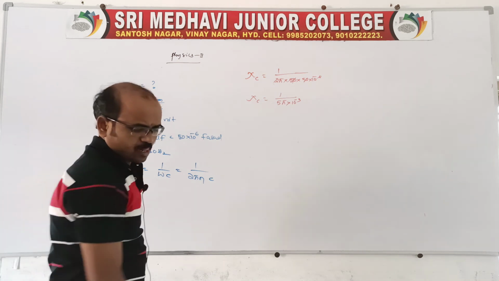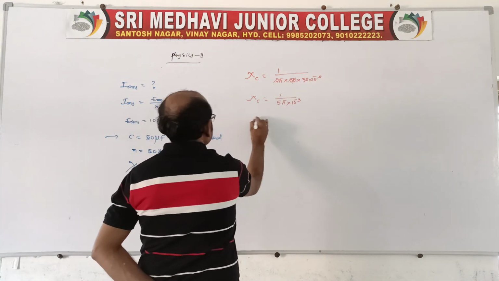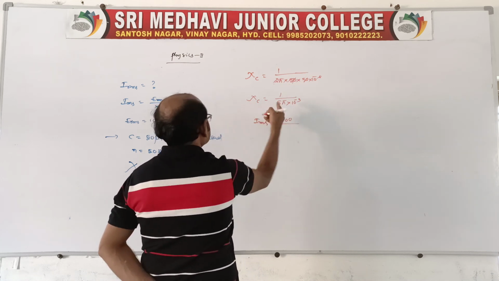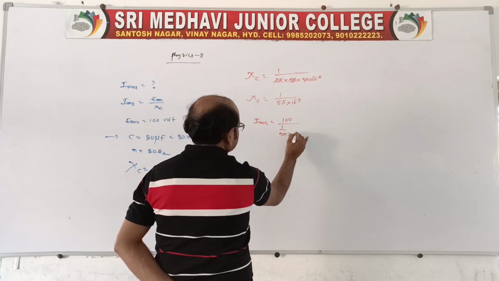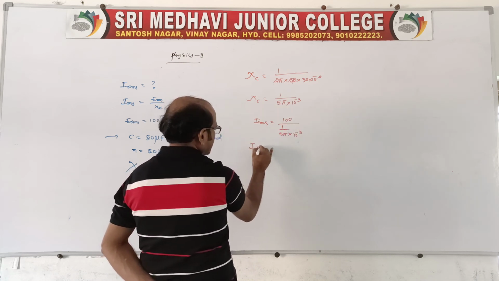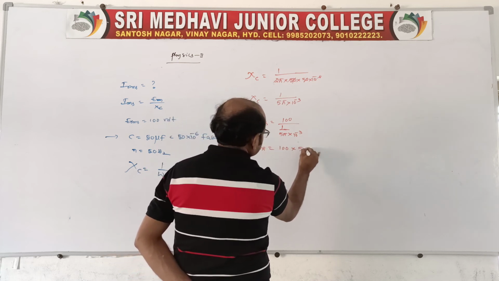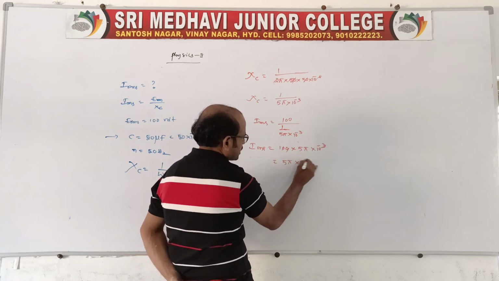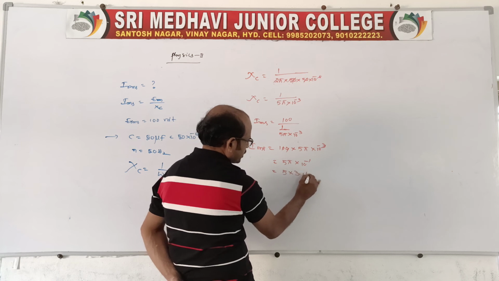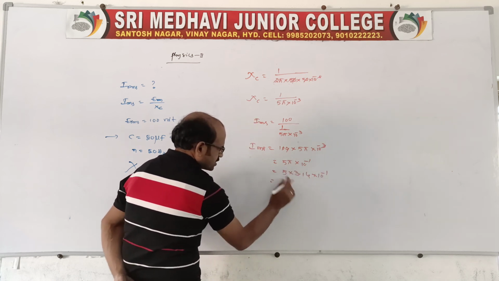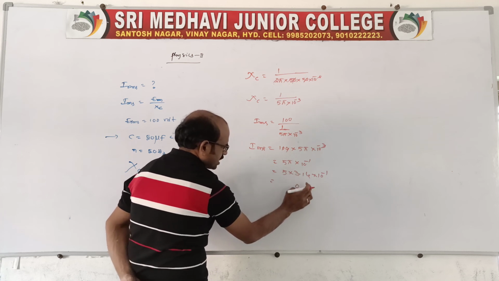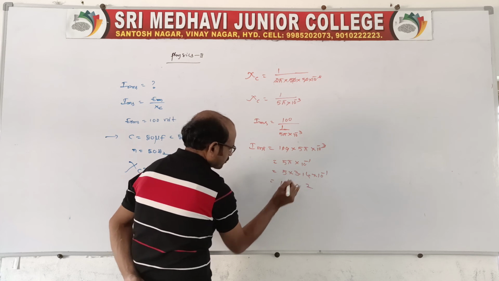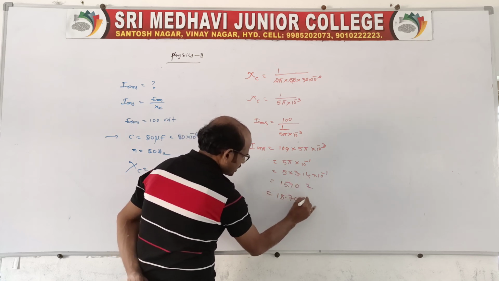Right? Now after simplification you write IRMS is equal to ERMS, 100, by XC value, which is 1 by 5 pi into 10 power minus 3. So better you bring it up: 100 into 5 pi into 10 power minus 3. The 2 zeros are cancelled, so 5 pi into 10 power minus 1. So 5 into 3.14 into 10 power minus 1, right? Simplify this: 5 4s are 20, 0, 5 1s are 5 and 7, 5 3s are 15, so 15.70 into 10 power minus 1.